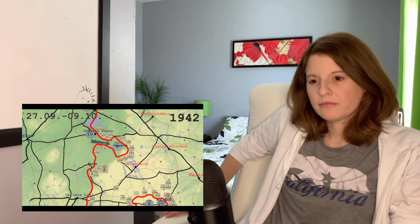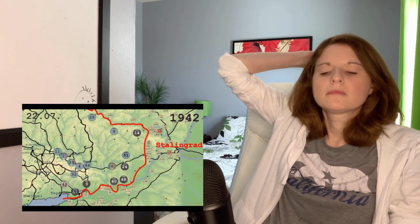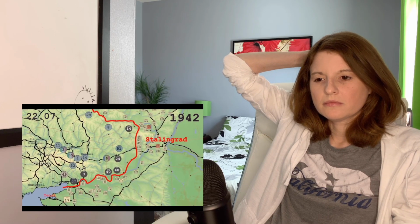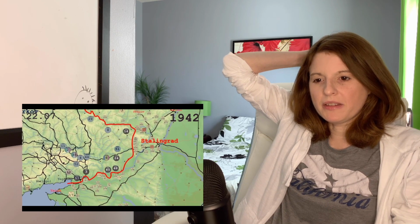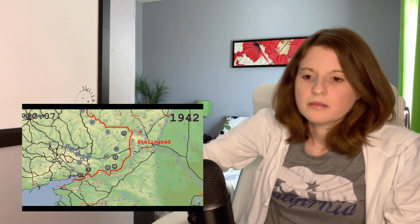In the south, the Axis had failed to destroy the Soviet formations opposing them, but at the same time, the quick retreat had thrown the Soviet forces into disarray, putting them in need of reorganization. Meanwhile, the Axis troops were left unscathed. The Germans decided to solve the situation by not allowing the remaining Soviet...